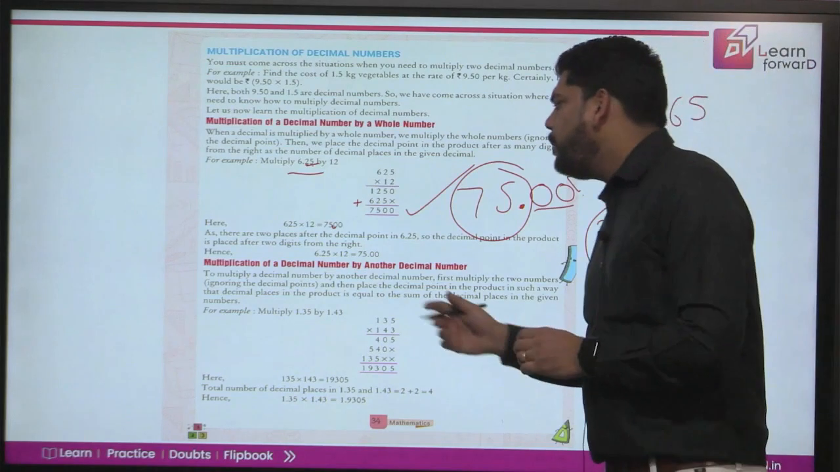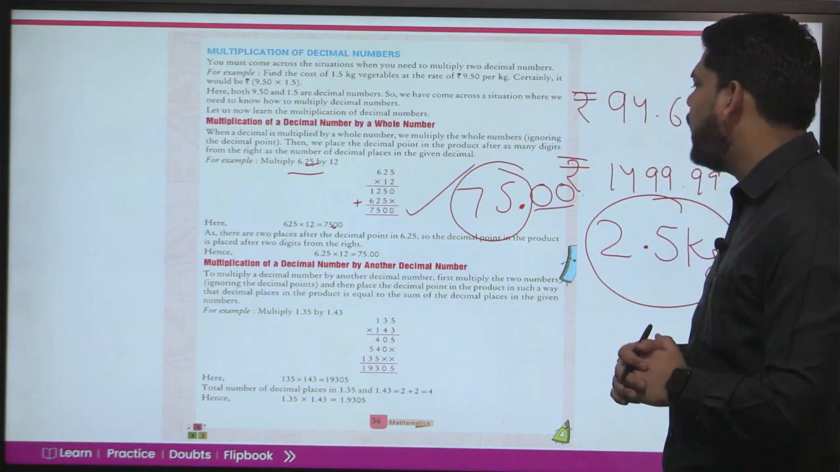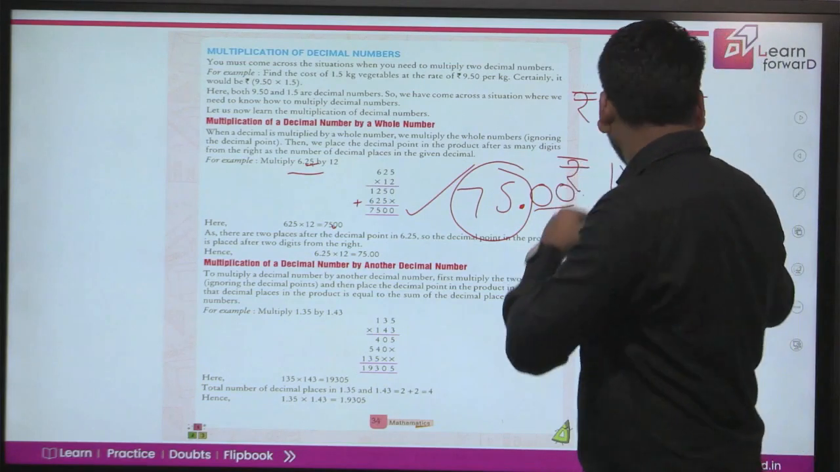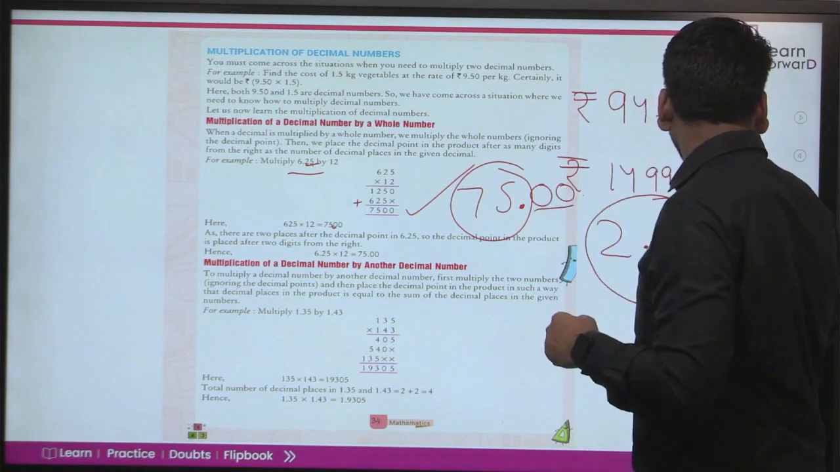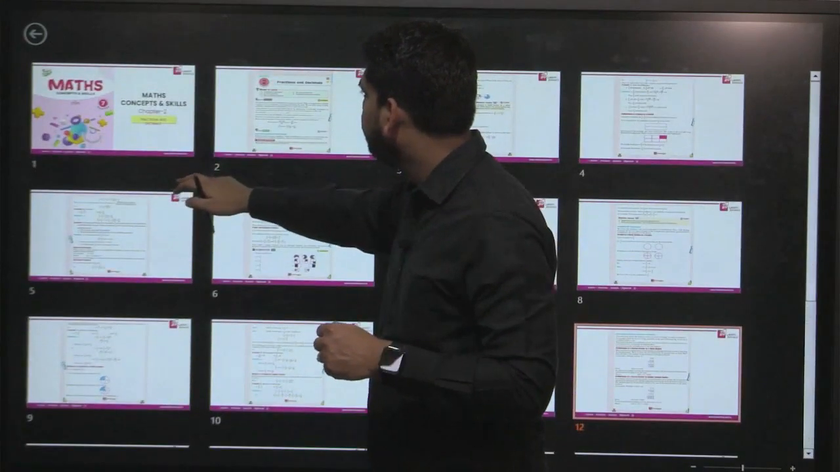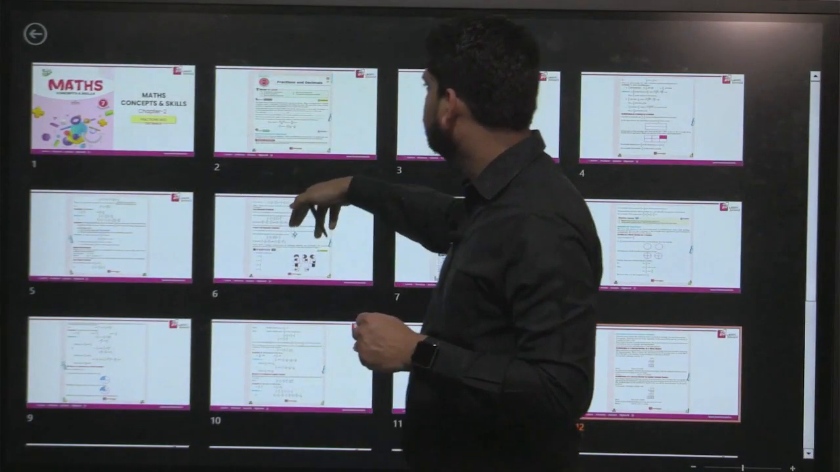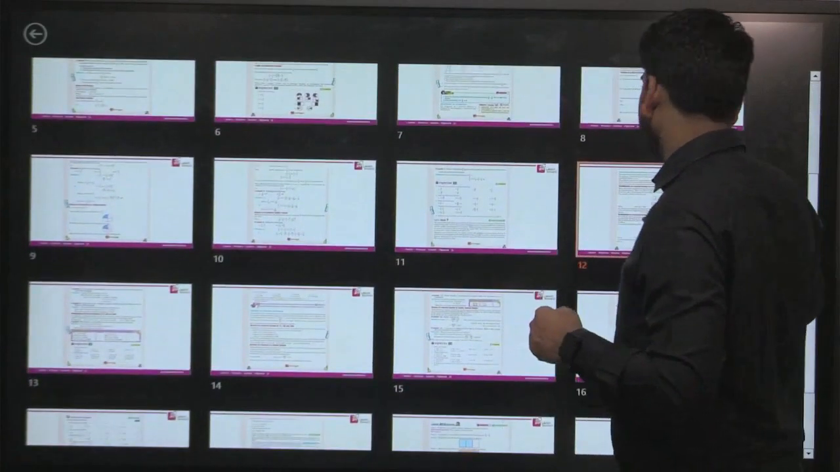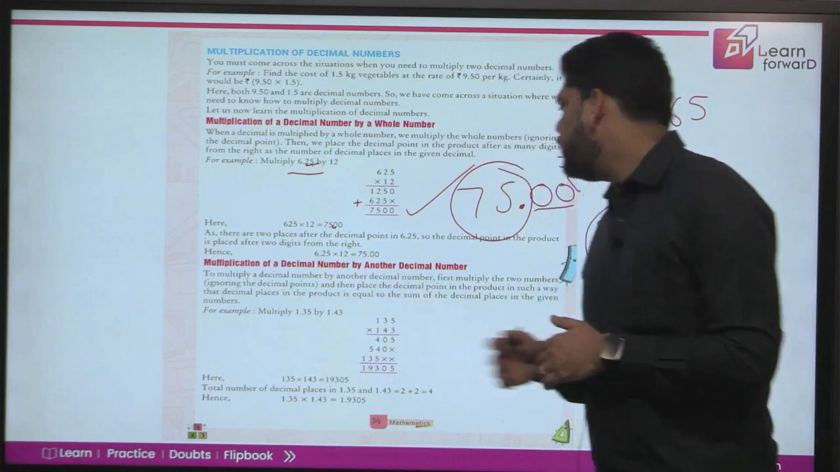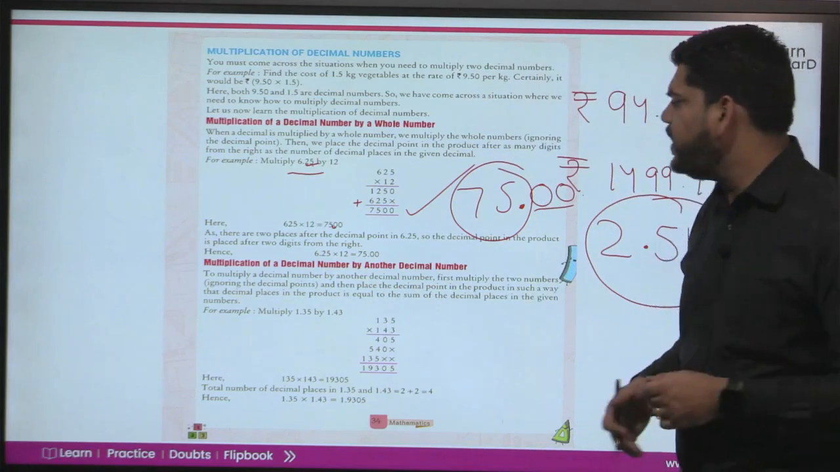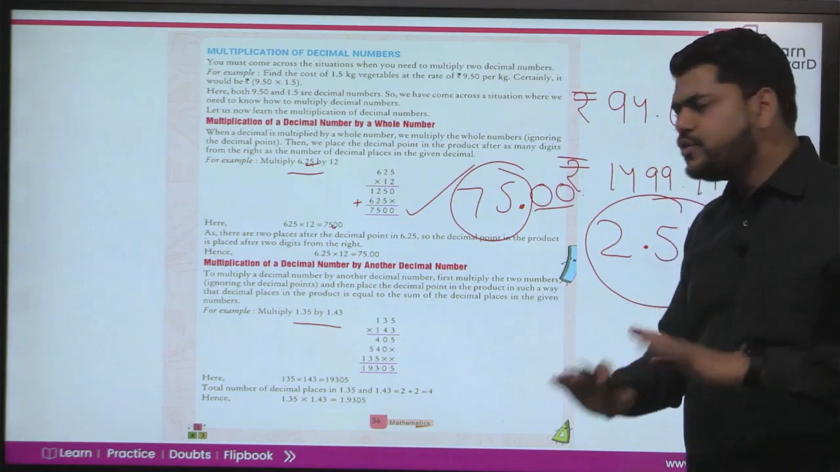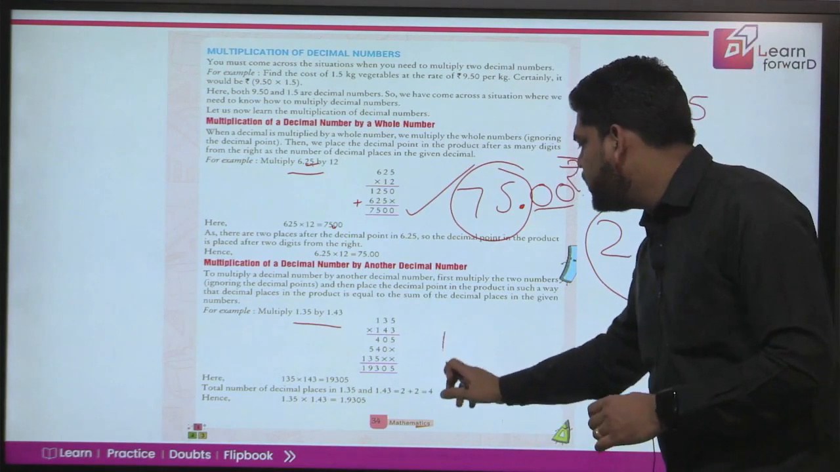Fine. Multiplication of a decimal number by another decimal number. Again, it's quite easy. 1.35 by 1.43. First, you need to multiply. The answer is